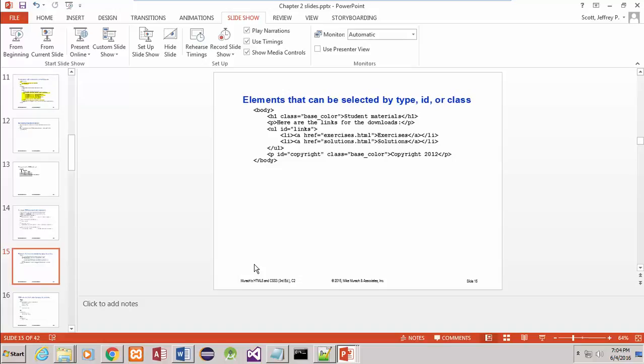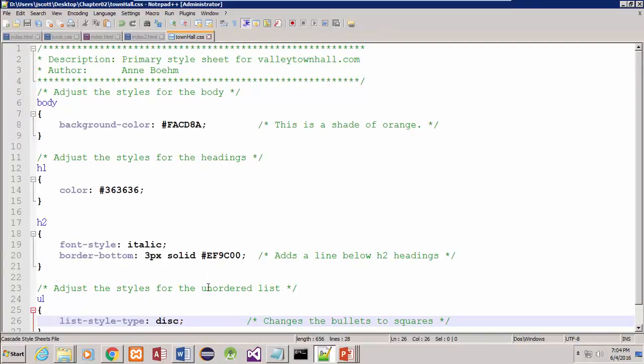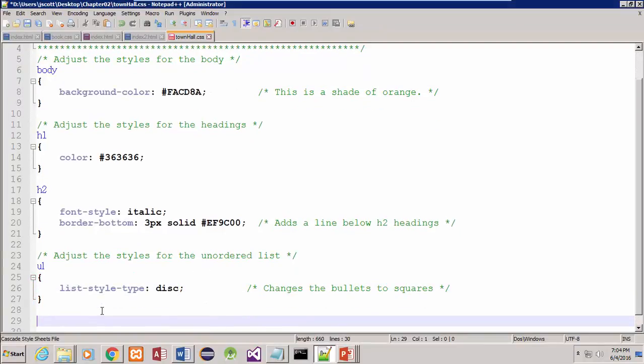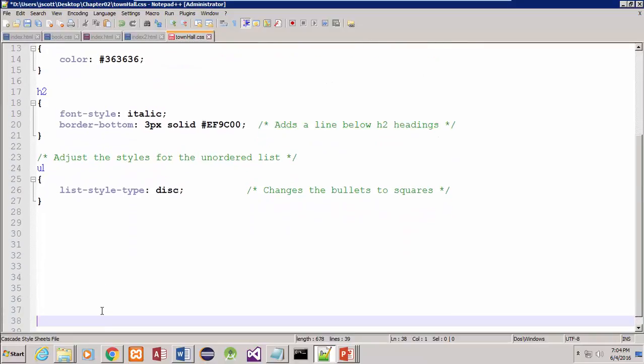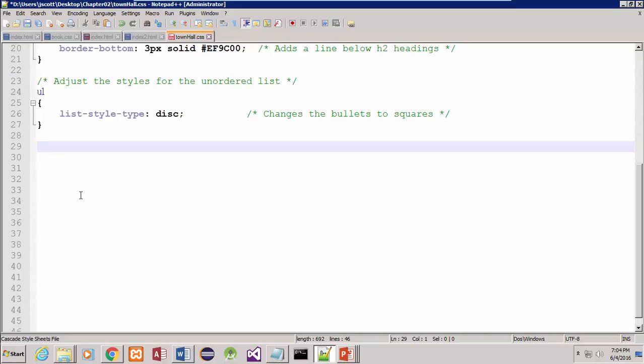Okay? Now, I think the easiest way to show you this will be not to use their example, but to come in here with my own example. All right? So I'm going to come in here and I'm going to create a brand new class. And let me just hit enter a few times because I want to add some white space in here and I want to go back up to here. All right, so I'm going to create what's called a CSS class. A class, when I create it in the CSS file, must start with a period. Okay, so I'm going to call this